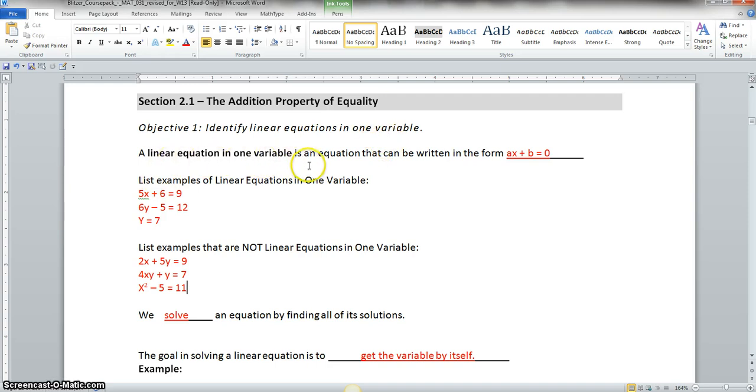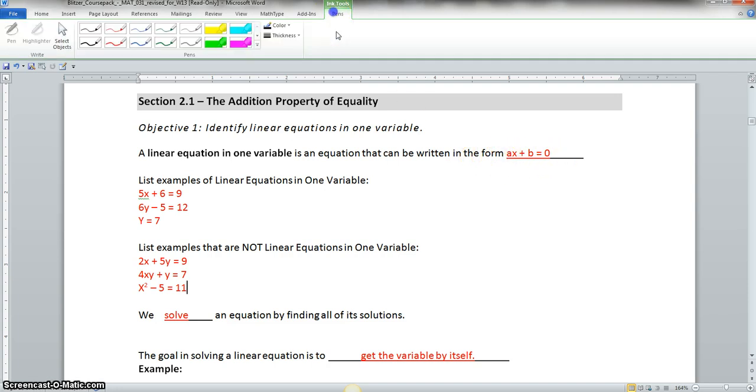A linear equation in one variable is an equation that can be written in the form ax plus b is equal to 0. Now, we want to list our examples, which I took the liberty of typing here, of linear equations in one variable. You notice we have 5x plus 6 equals 9, 6y minus 5 equals 12, and y is equal to 7. And yes, you can have a variable by itself just equal to a number,